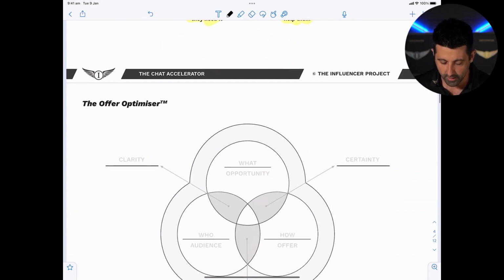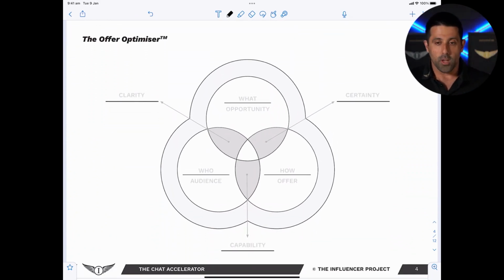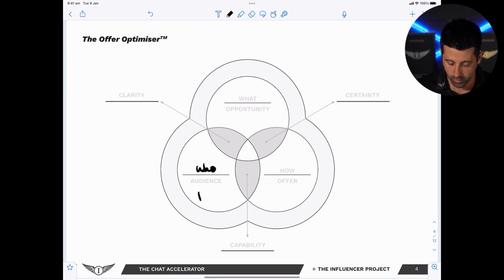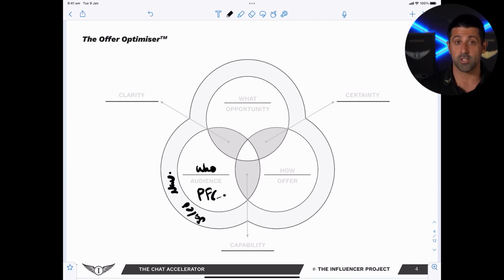So that being said, let's dive in to the offer optimizer, right? If you are going to be chatting with people about buying your service, you've got to move them from interested to committed. And the way we do it is we look at who our audience is, what we call our perfect future customers. Now, we need to know who they are and where to find them. So the first place we need to find them is we go on to Sales Navigator, right? Sales Navigator on LinkedIn is an amazing